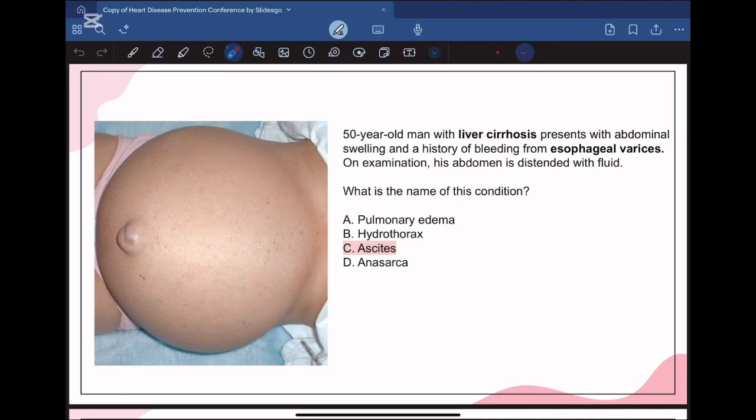Let's go back and read the question. This patient has liver cirrhosis. As we said, I have a problem in the production of the albumin. The liver is responsible for this production. I have a problem in the production. Therefore the patient will develop edema, and it will be in the peritoneal cavity, which is called ascites. And esophageal varices is a complication of liver cirrhosis. Okay guys, now